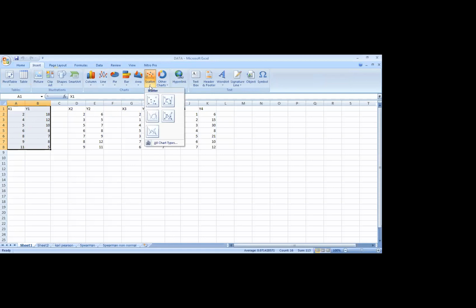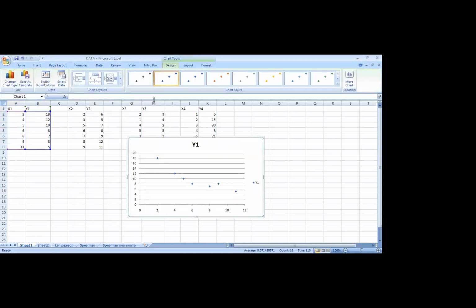Here we have the option Scatter plots. I am choosing the simple scatter diagram, and the graph is obtained like this. Here we can edit the title.